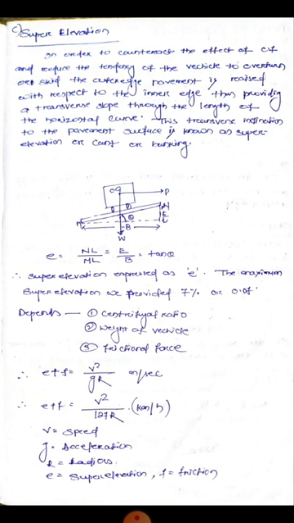A very important chapter of the geometry, a very important point in the geometric design of the highway. In summary, super elevation is an elevation provided to counteract the effect of centrifugal force and reduce the tendency of a vehicle to overturn. Overturn means sliding, the vehicle sliding on the road surface. Overturn or skidding; skidding means there is a lateral movement but no rotation.